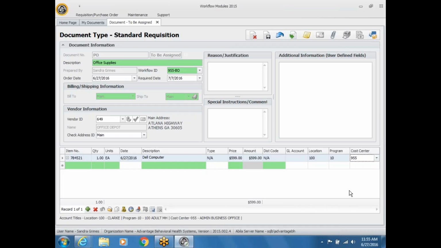If I put in something for Nikki, would Nikki have to approve that? No, that's the way it works automatically. But the issue is we're talking about you as the initiator. You are the initiator. You have to be. If you normally order for, say, Evan and Nikki, you need to be on both workflows. Is that right, Rick? Let's say if she needs to order two different departments, you need to be on both